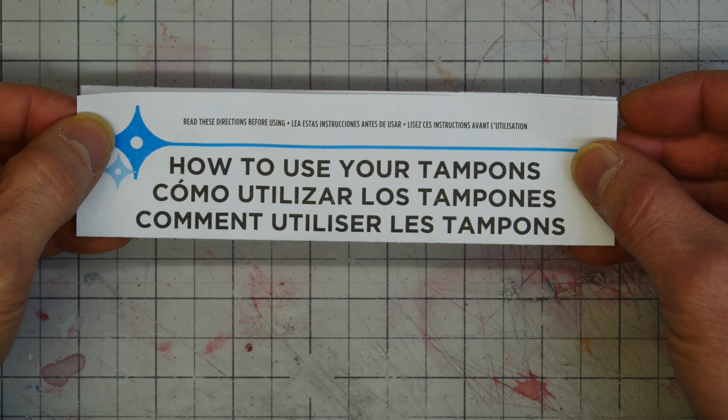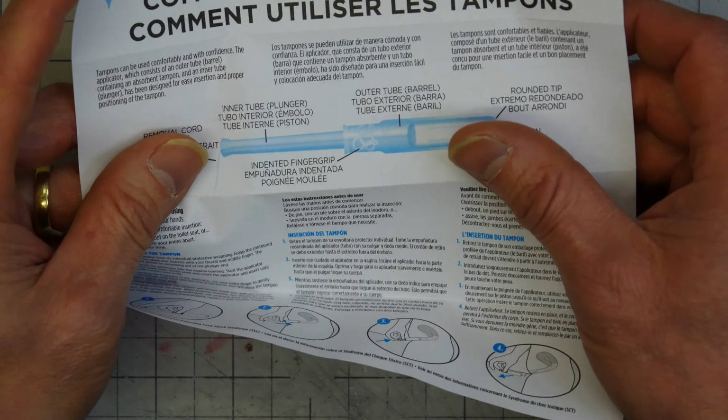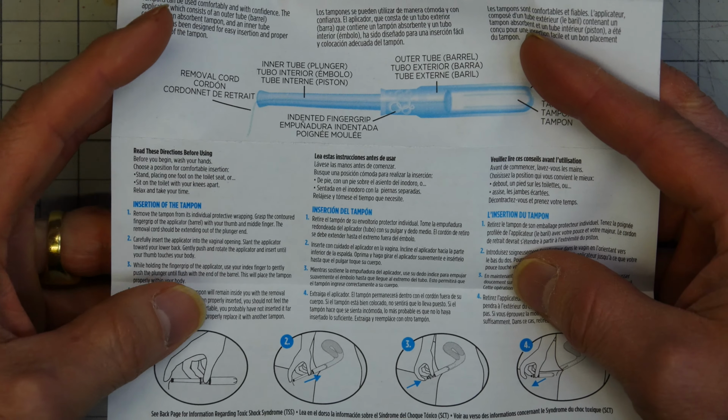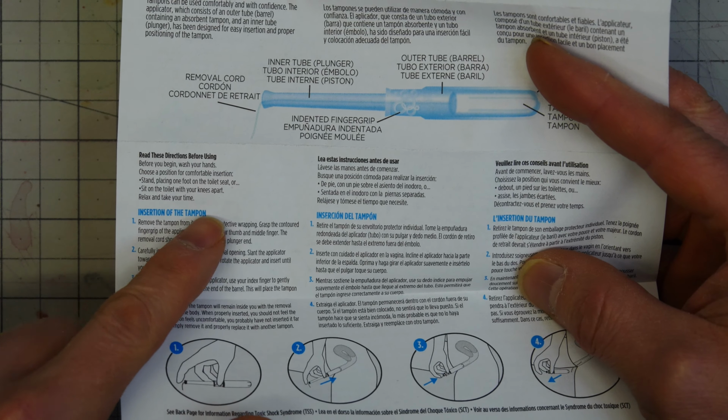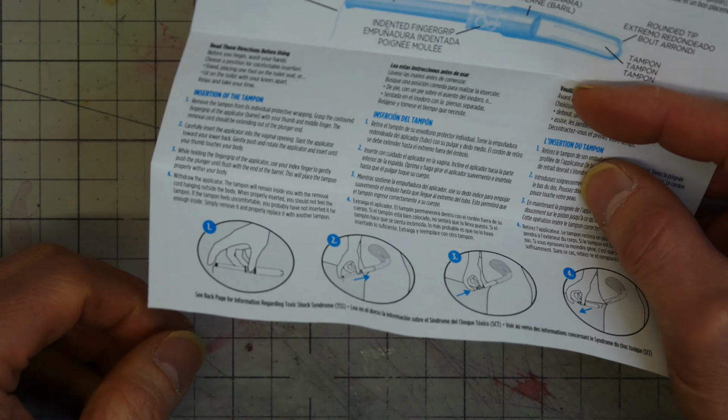How to use your tampons. Read these directions before using. Before you begin, wash your hands. Choose a position of comfortable in...